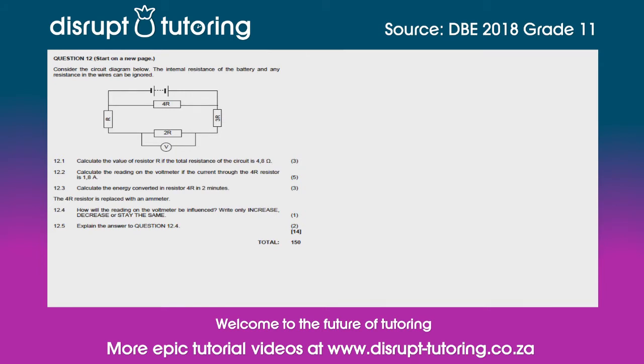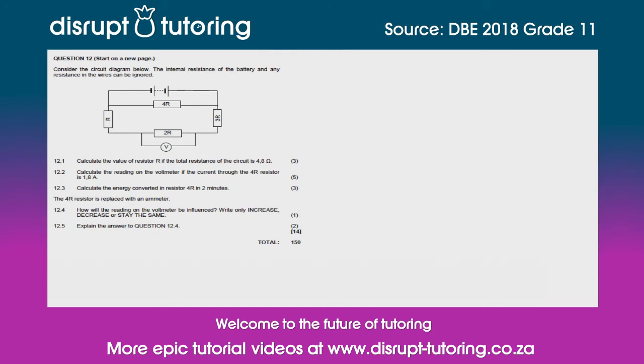So we can see here that there is some sort of source, so that's probably a battery, and there's this parallel connection here, consisting of resistors here and these resistors in series. And this is in parallel with all of these. Great. So the first question says, calculate the value of resistor R if the total resistance of the circuit is